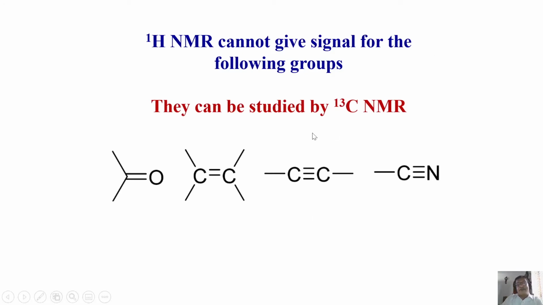When do you make use of carbon 13 NMR? Look at proton NMR. If I have a C=O group, C=C, C≡N, or a CN group like that, and I want to get information about such groups present in a molecule, proton NMR cannot give you that. Where is the chance for proton NMR to give that information? There are no protons here. On the other hand, I can study carbon, and all these functional groups present can be identified. So carbon 13 NMR is also very useful. Sometimes information which you cannot get for certain functional groups in proton NMR, you can get from carbon NMR.